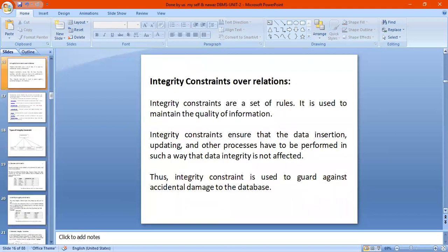Next topic, from the syllabus: integrity constraints over relations. Till now we have studied the basic constraints. Now these basic constraints are introduced in integrity constraints, enforcing integrity constraints and some rules in the relations in the DBMS. Integrity constraints are nothing but a set of rules or protocols used to maintain the quality of information. Why are we giving these protocols? To maintain the quality. Integrity constraints ensure that data insertion, updating, and deletion